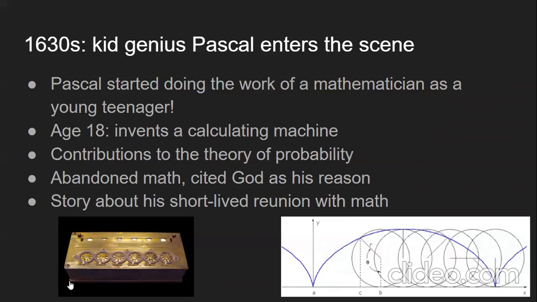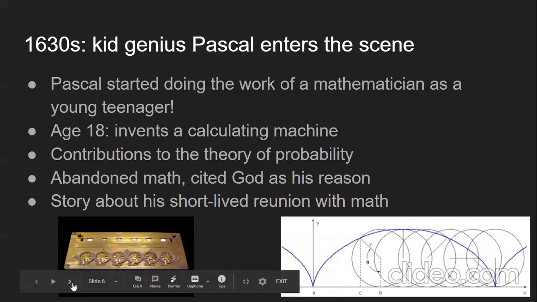After doing so many great things in math, he quit math because he said it wasn't God's plan for his life. So he just stopped doing math. But then when he was 35, he had a really bad toothache. He started thinking about math, and then his toothache went away. So he got back into math, but literally for barely a week. But in that time, he discovered the fundamental properties of the cycloid curve. Then I think he died shortly after that. So that was it for him in math. An interesting story of him in math.